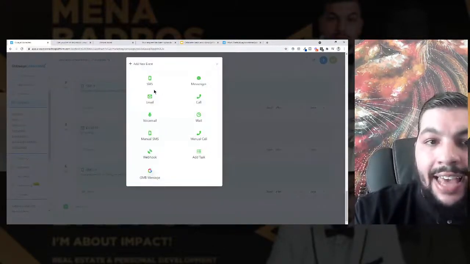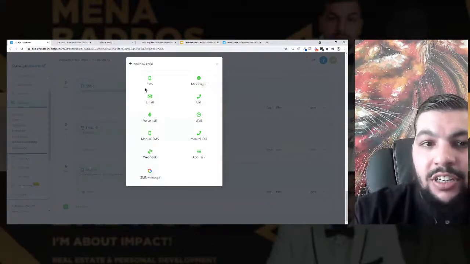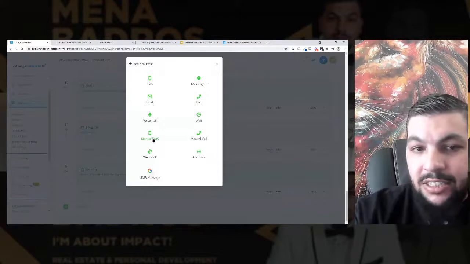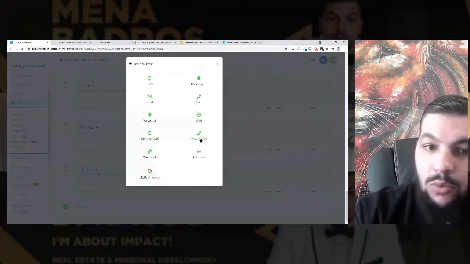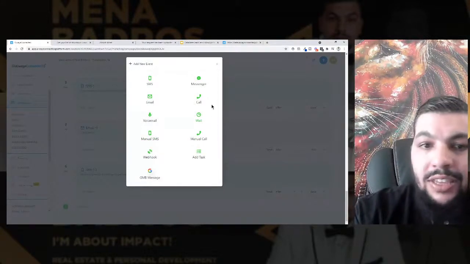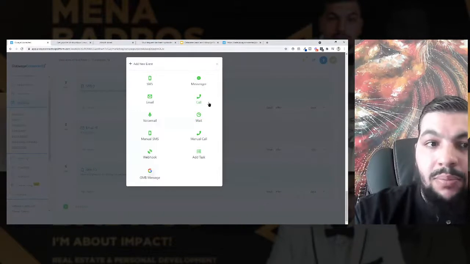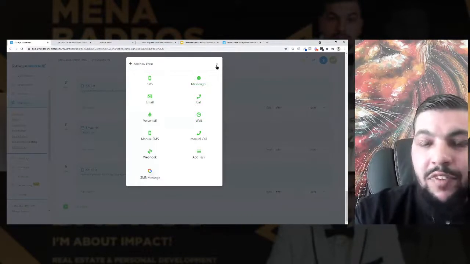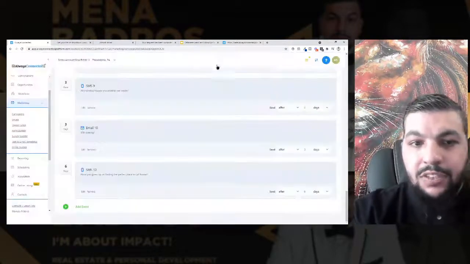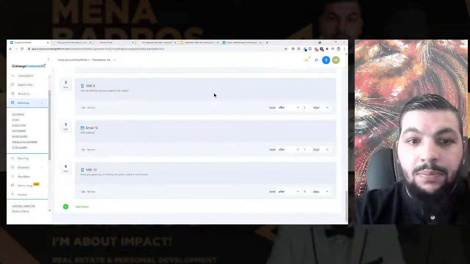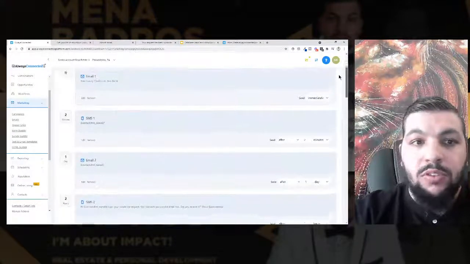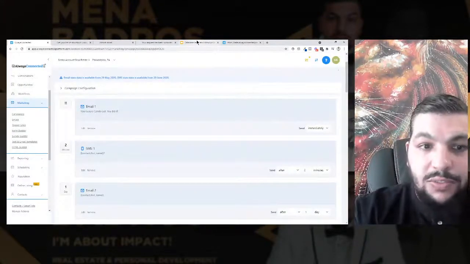And you can also add any sequence here, whether it's a text message, an email, a voicemail drop, a manual text, so that you can send the text manually and you don't forget. A manual call, to make a phone call to them, and it connects you with the push of a button, or even sending a Facebook message to them if you have their contact information there, right? So this is essentially what happens on the back end when someone fills out that information.